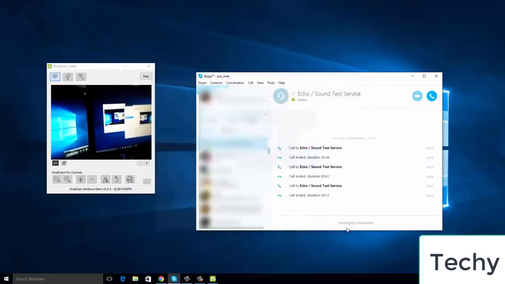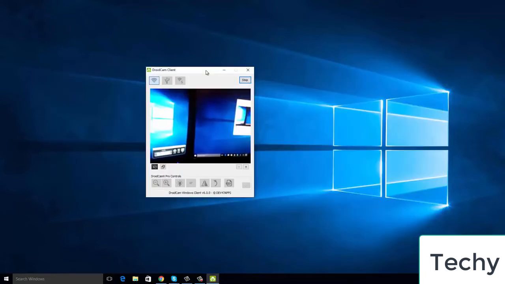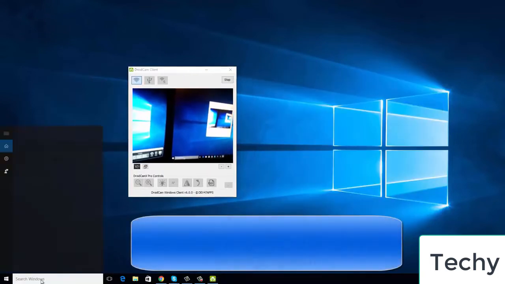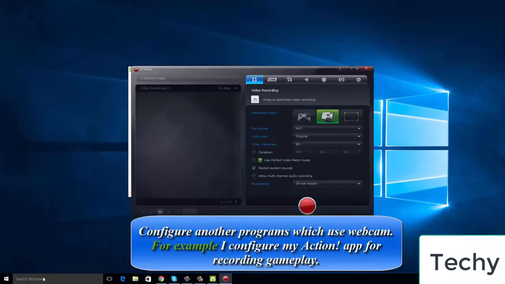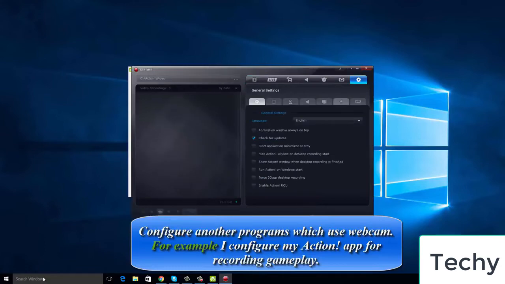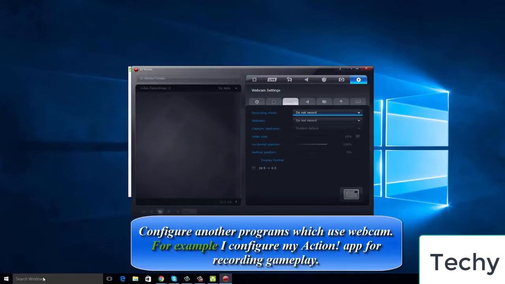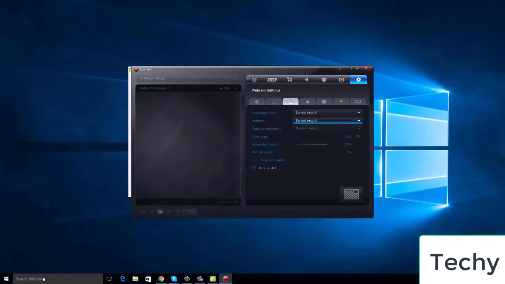So here you can see that we can connect our mobile camera as our webcam, and we can use it for Skype, and next we can also use it for gameplay recording, and we can use it also for